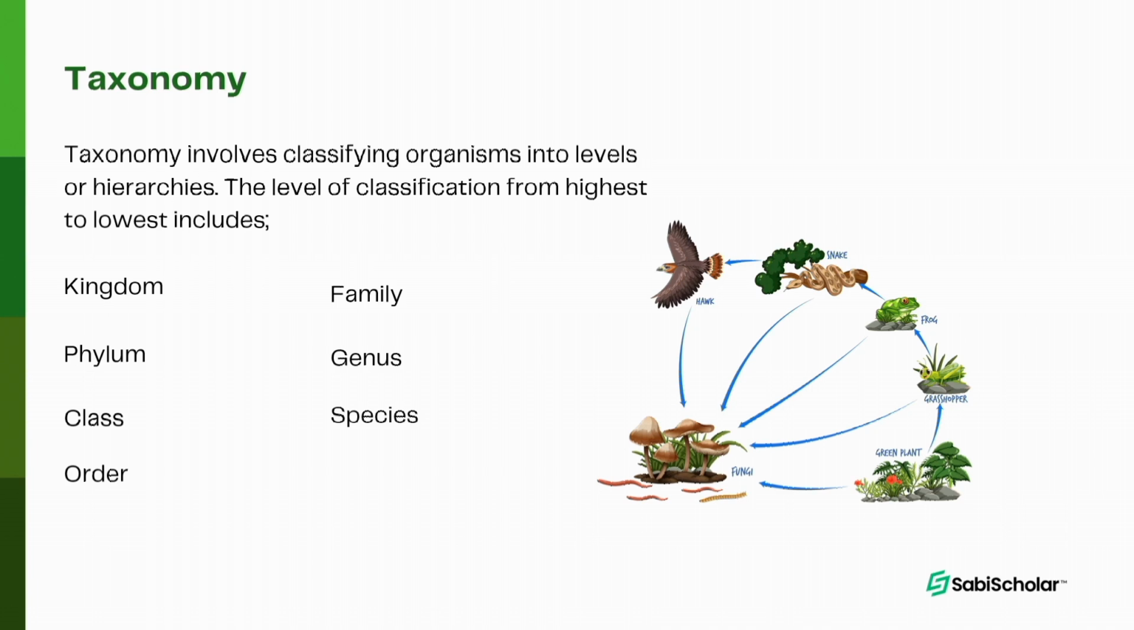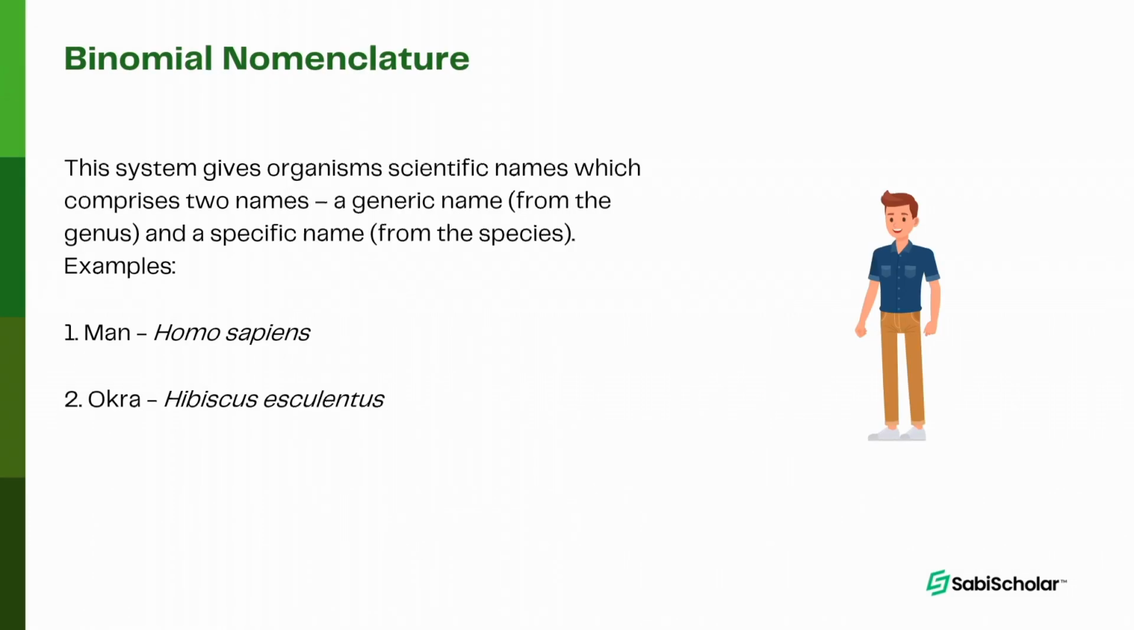Now, the second subdivision of systematics is binomial nomenclature. This is the system that gives living organisms their names. It comprises two names. The first one is usually the generic name that is from their genus, and the second one is a specific name from their species. Unlike the local names for living organisms, these scientific names tend to be generally accepted in the world because there's no ambiguity